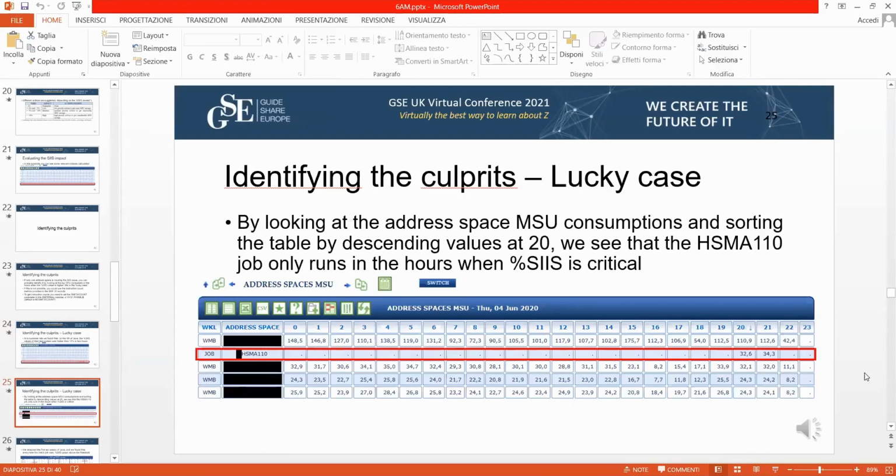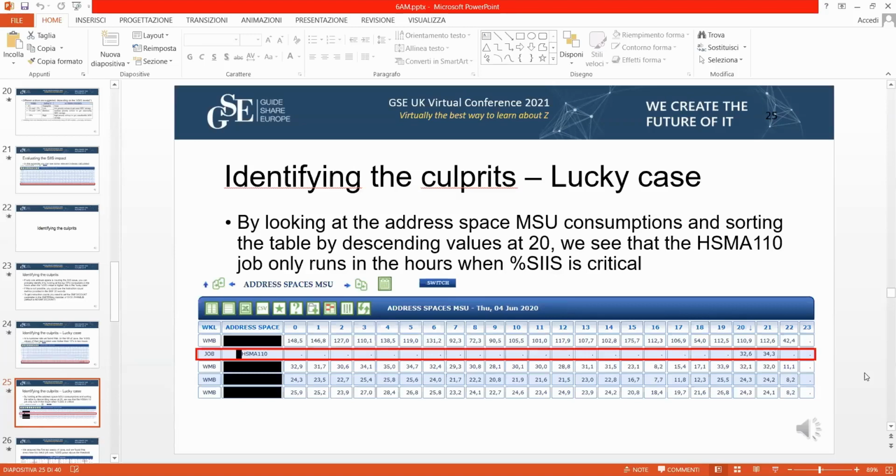Okay, so we go to the next table, and what we do is go and look at the address space level. Now, because this is some real data from a customer, we have obscured some of the lines and tried to cover the names.